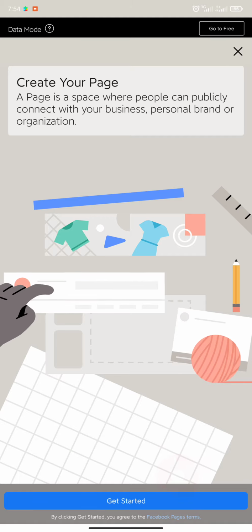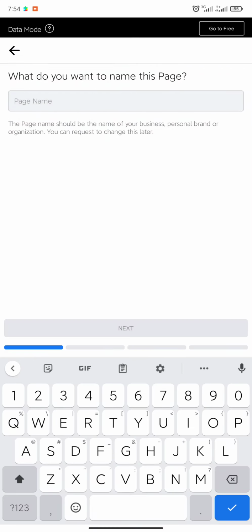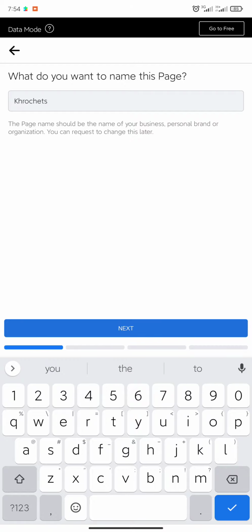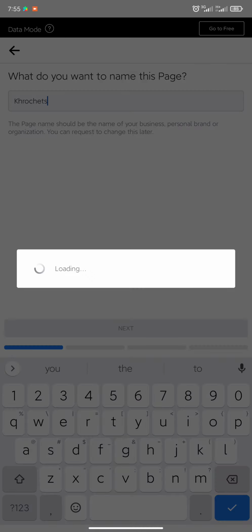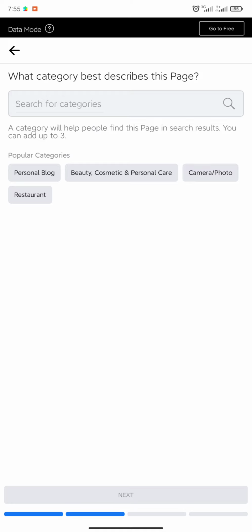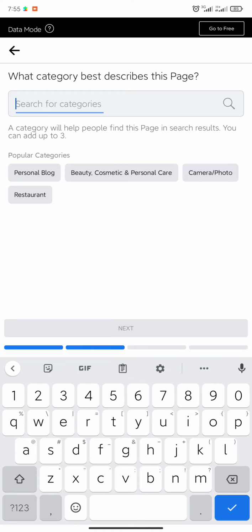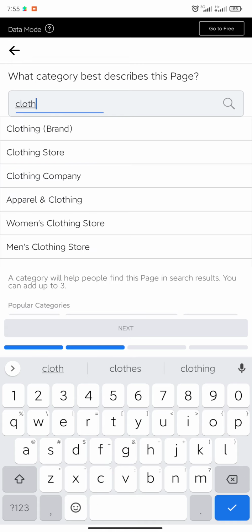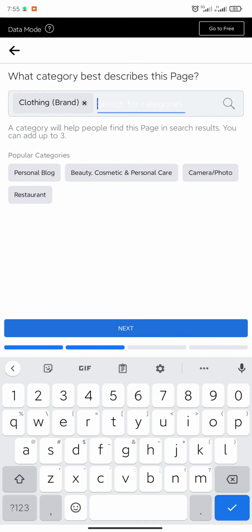It will ask you what your page name is, so we'll use the one that we have chosen, crochets. Then it's asking the category, so you can choose search. So in our case, it's either clothes or fashion. So try to search clothes. In this case, a clothing brand. Or clothes, so you have to choose one. So I'll choose the first one, it's a clothing brand. Then next,